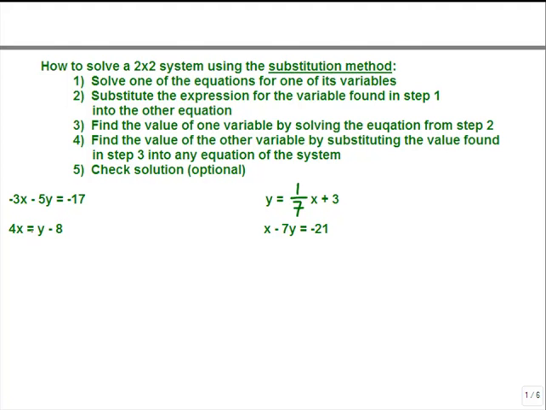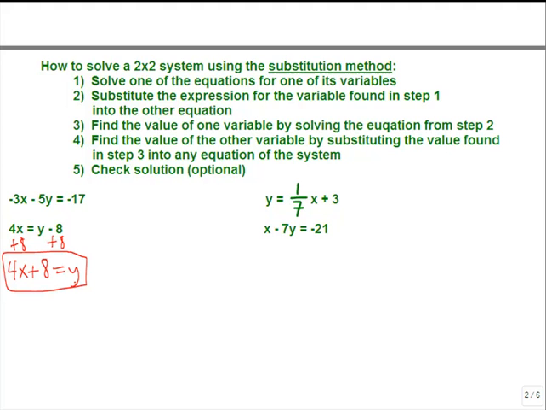Now, you could quickly solve for x by dividing everything by 4. However, that's going to give you some fractions, and usually we like to avoid fractions if we can. But if I take the second equation and solve it for y instead, which isn't too hard to do, I just add 8 to the other side. Then I get 4x plus 8 is equal to y. I like to put a box around that because we always come back to this equation in the end to